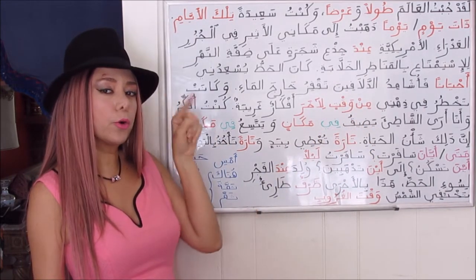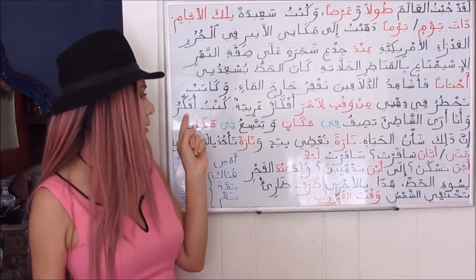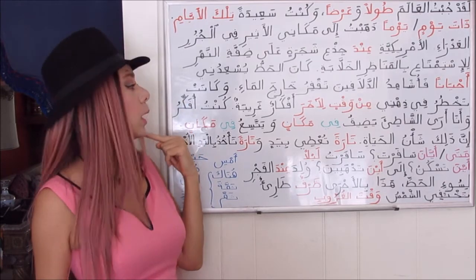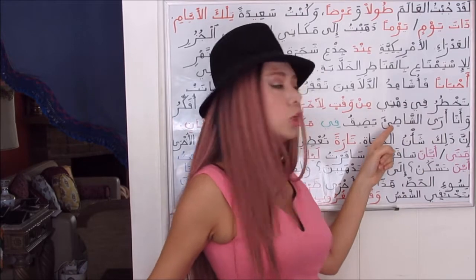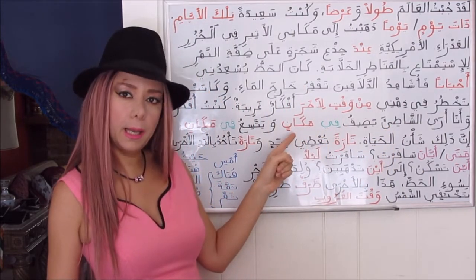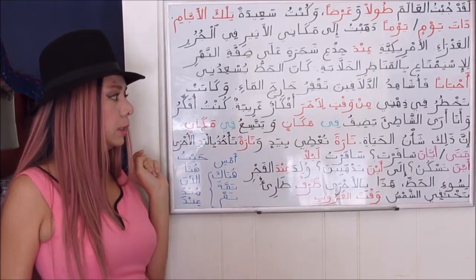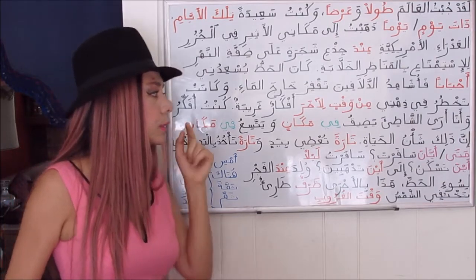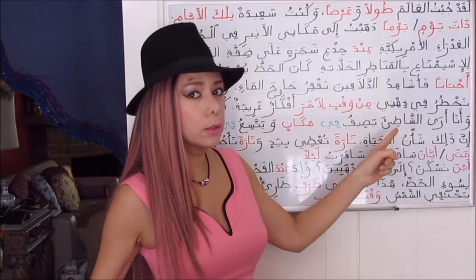كنت أفكر, again the same expression. كان plus the imperfect. I was thinking, كنت أفكر, I was thinking, وأنا أرى الشاطئ يضيق في مكان ويتسع في مكان. So I was thinking and seeing the shore